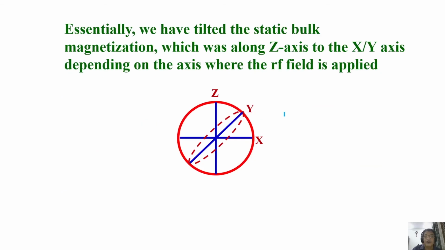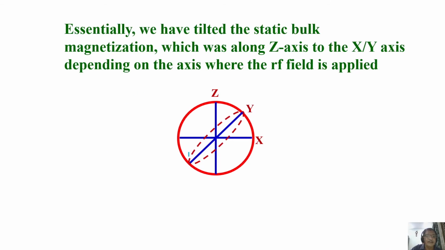This value is so small, much smaller compared to the B naught field. You have the concept of the spin field to which you apply an RF pulse. When you apply it, you calculate the frequency, and it is of the order of 20 to 30 kilohertz. Please remember the B naught field resonates at 600 to 500,000 megahertz. That is the resonating frequency for fields in Tesla. This is in a few hertz, a few kilohertz, 20, 25, 30 kilohertz. So that is a very small field we apply.